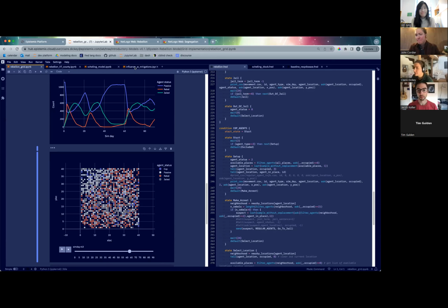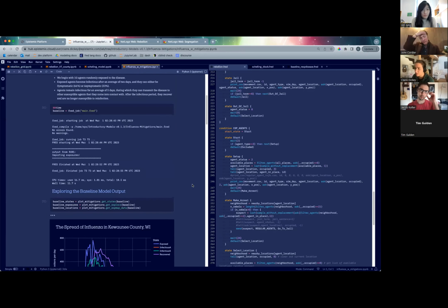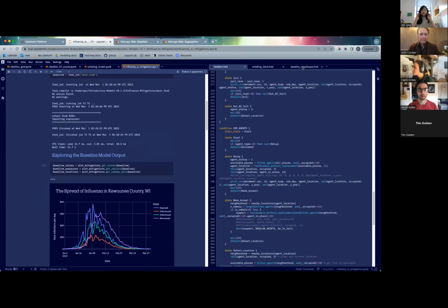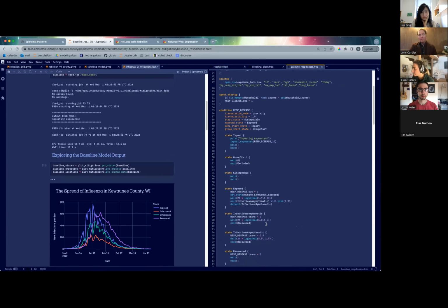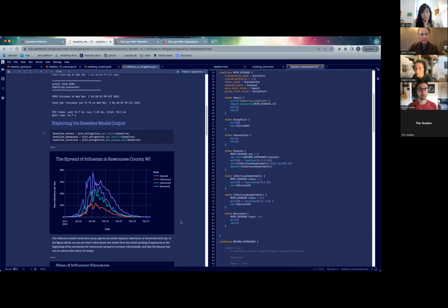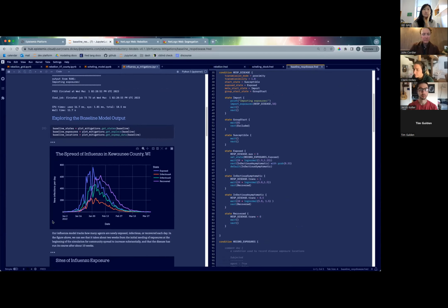Yeah, I can. Since we've been on the topic of epidemics so much, I think John's maybe going to show a few other things, but this is just looking at our simple flu, using an SCIR model applied to the synthetic population for Kewaunee County in Wisconsin, which I've been using as an example. So this is a typical, simple flu outbreak over the course of 3 months,